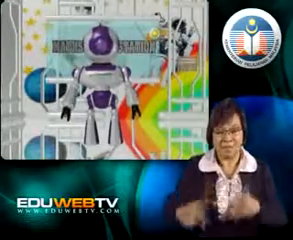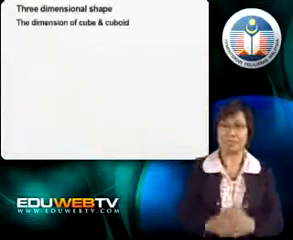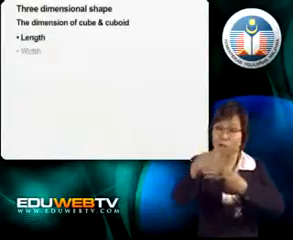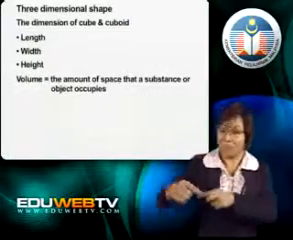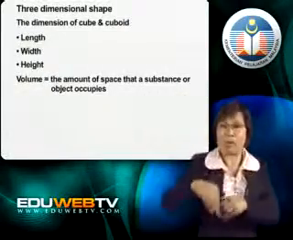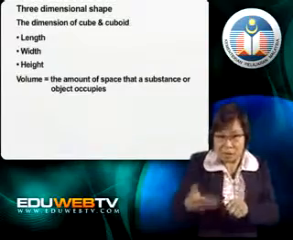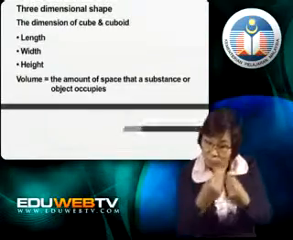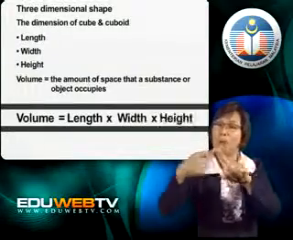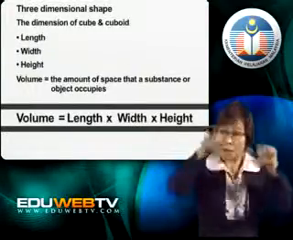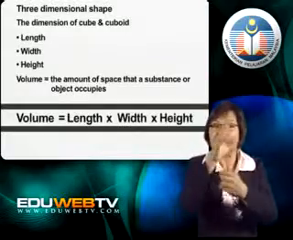Let's recap a bit. Look at the screen. The dimensions of a cube or cuboid are length, width, and height. The volume is the amount of space that a substance or object occupies. How do we calculate volume? Volume is equal to length multiplied by width multiplied by height. Volume can also be found by counting the number of unit cubes it has. For example,